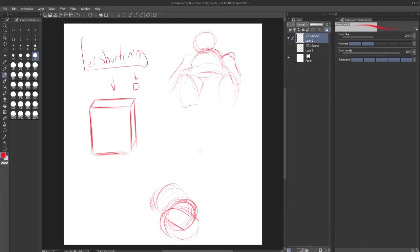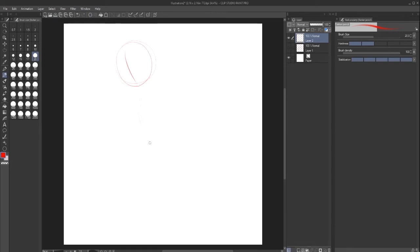I tried to do a method here with trying to make someone lay down, but I kind of lost sense of what I was doing, so I just went with pretty much a head. I was going to go with a lupus head, but I went with more of an anime head, something I can just construct real quick to show a sense of foreshortening of the head when it's looking up, when it's looking down, or anything like that, because that is a form of foreshortening to give you a sense of not even just depth, but just a different perspective on how you can see a head and all that